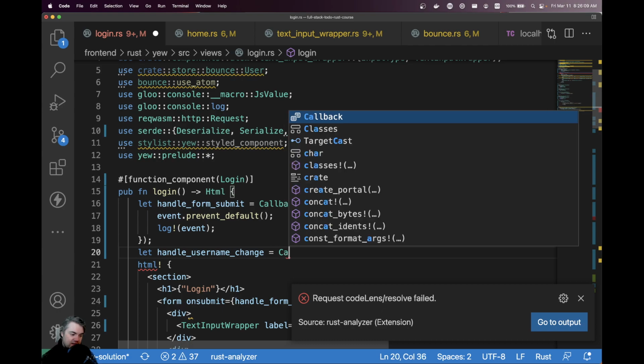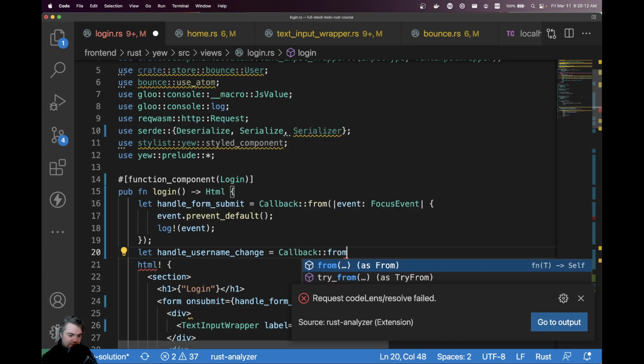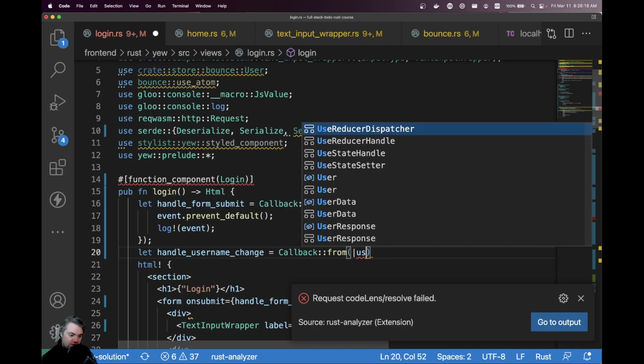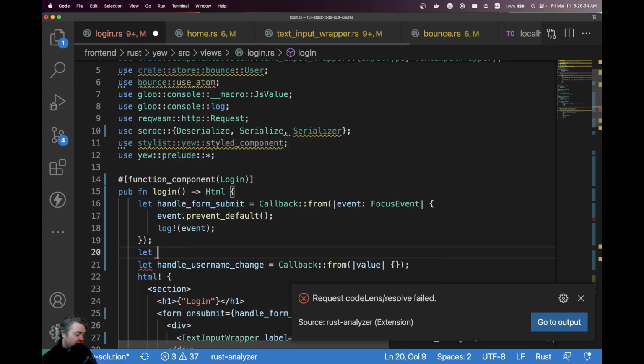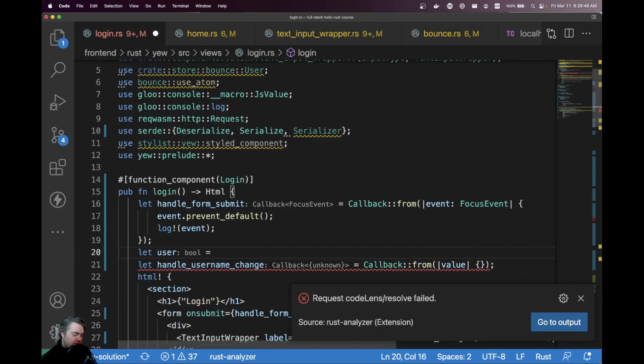change is going to be also a callback. We get the, I guess it's the event, or it's the new value. And then the thing that we want to do with this, we have to first get the bounce thing for the username. So that's going to be, what do we call this? Let user. So let user equals